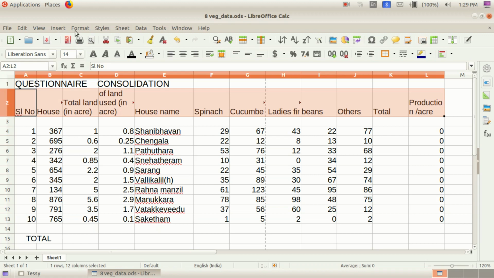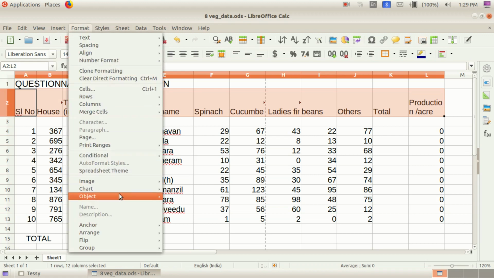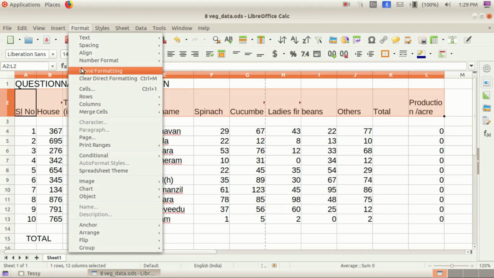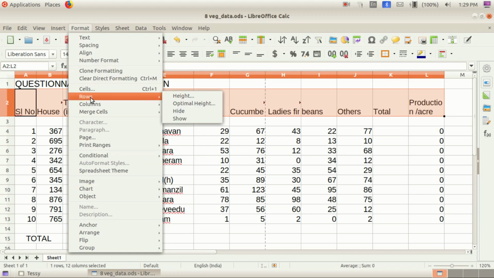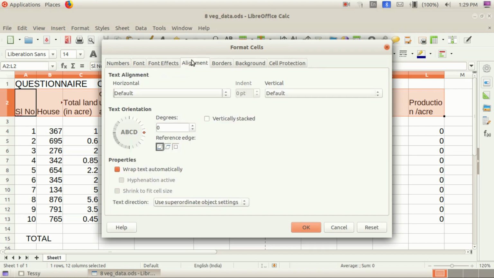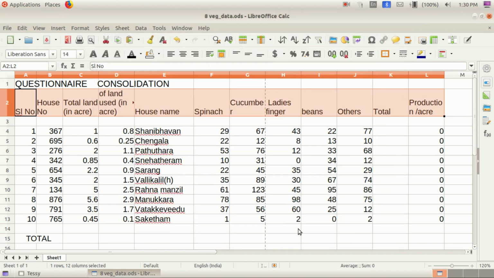to format cells. After that alignment. Look here children, wrap text automatically, we want to make a tick mark there, then click on OK.